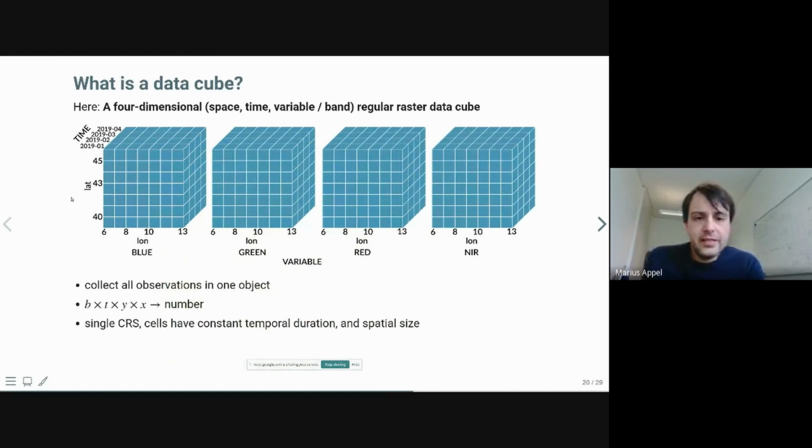So in this case, this is actually just a single data cube here, although you see these 4 cube things here. And this is 4-dimensional. So it has spatial dimensions, latitude, longitude. There's a time dimension, and it has a spectral dimension or a variable dimension with the different channels here. And that's very convenient because all the observations are collected in one object